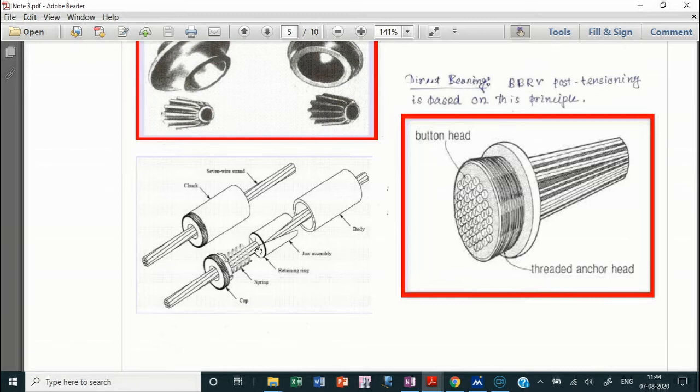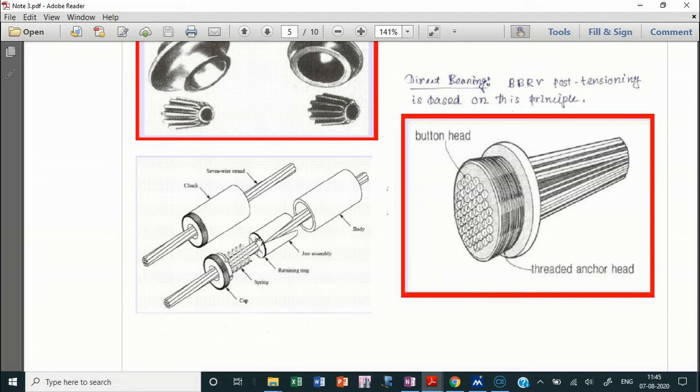This type of system is mainly called the Freyssinet system. You can see there is a grip, that is the retaining ring, and that is the jaw, and it is the body and spring. What does this spring do? It presses right over here, so that this jaw opens slightly, and then this gripping is slightly loosened, and by loosening this gripping action, one could